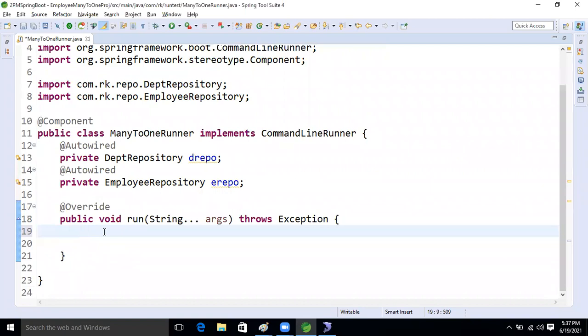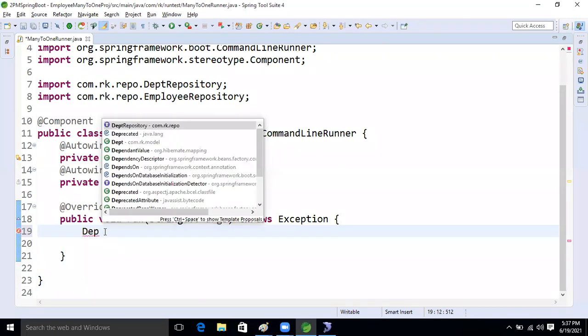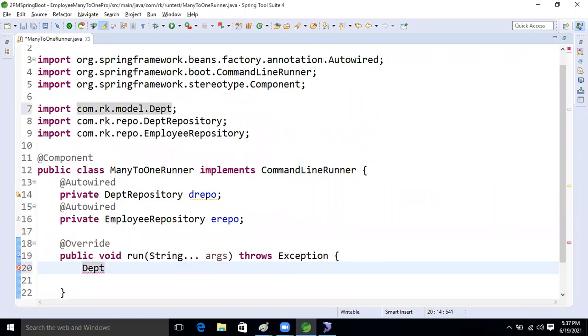So next one is what, guys? See this. What will we do now? We will create the object of Department. I'm taking only one department, new Department.